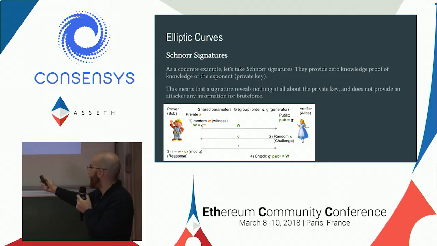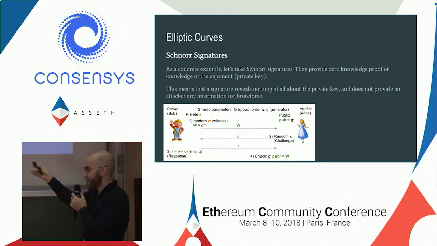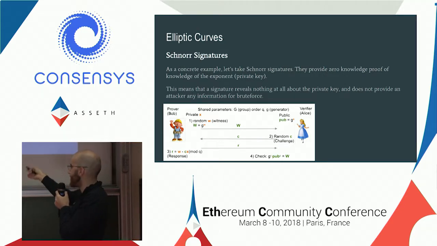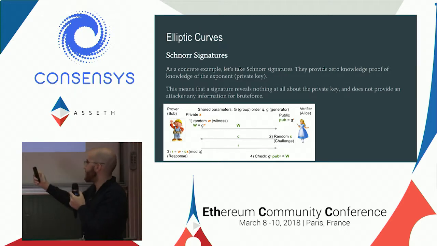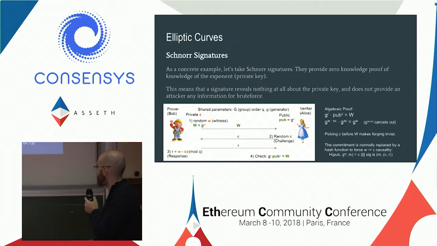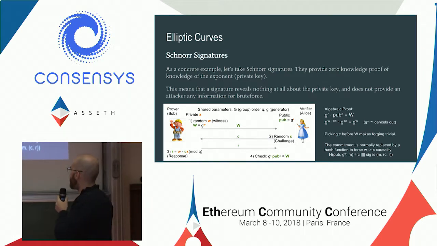And then Alice quickly verifies. This is a proper signature scheme. It's as secure as elliptic curves are for anything else you're using elliptic curves for. Alice can check that g to the power of r times the public key to the power of c is the large value W. And why does that work? Here's an algebraic proof. It's perhaps a bit easier to follow